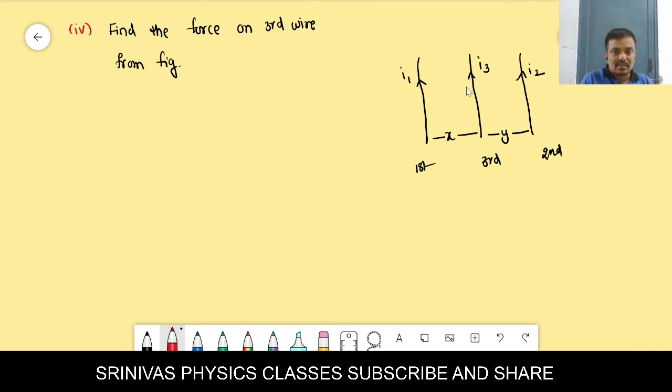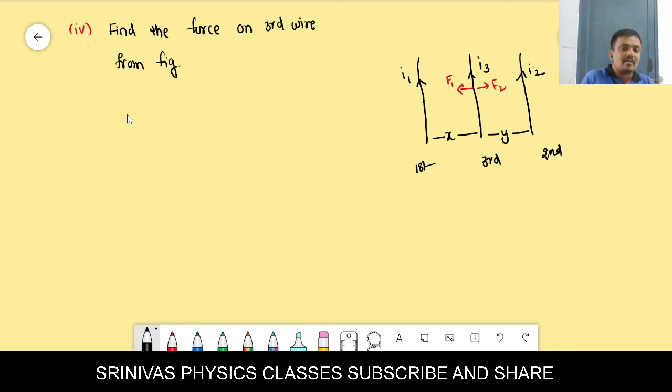I1 and I3 are attracted to each other when the currents are in the same direction. This I1 pulls the I3 to the left side, that is F1, the force on I3 applied by I1. Now I2 and I3 are also in the same direction. I2 also attracts the I3 to the right side. Is it correct? Attract means I3 is pulled towards I2. Then there are two forces acting on I3 in opposite directions. I1 attracts the I3 towards it, I2 also attracts the I3 towards itself. Then at that moment what happens? There are two forces acting on I3 in opposite directions.